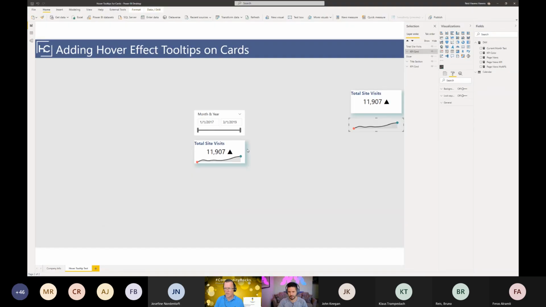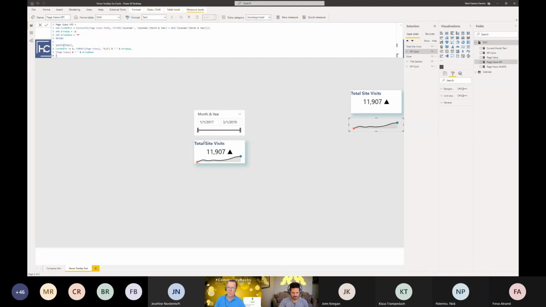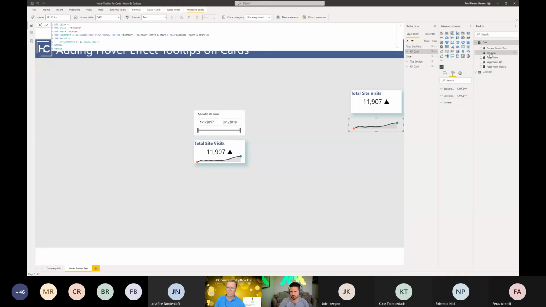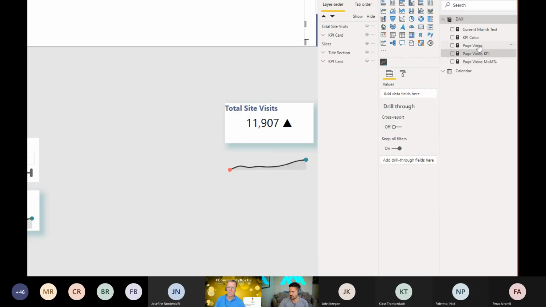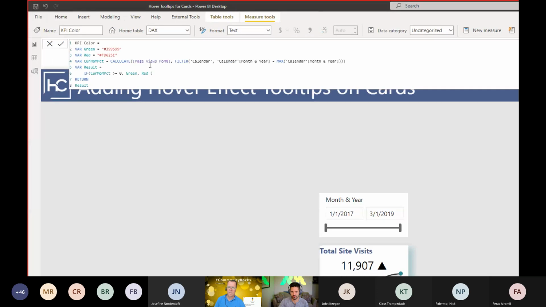Can you show your shading DAX again? Say it again. Can you show the DAX for the shading again? I wanted to look at something real quick. Yeah, which one, for the number? Yeah, for the number shading. The function. Oh, you mean for the background? Yeah, for the background. Okay, gotcha. Yeah, that one. There we go.